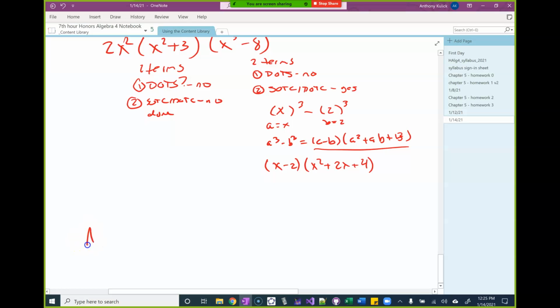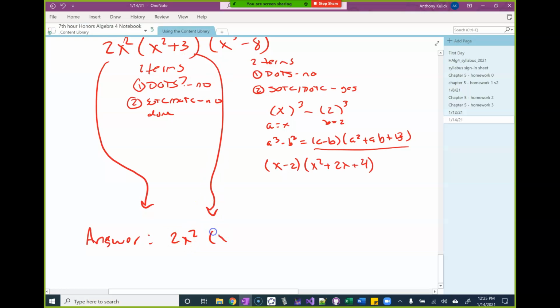So, for our final answer then, we have the 2x squared. We have the x squared plus 3. And